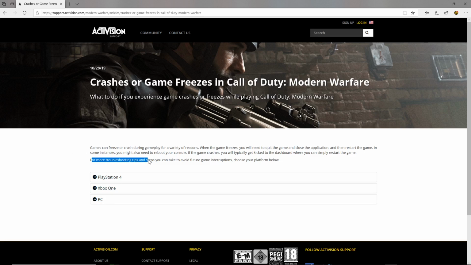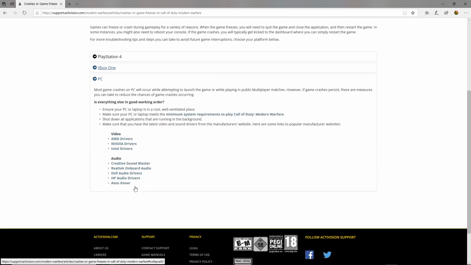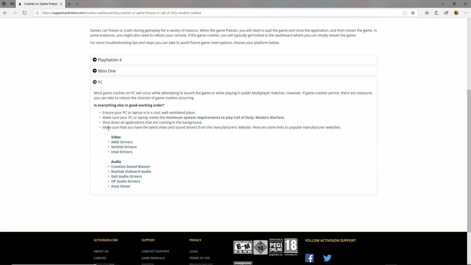For more troubleshooting tips and steps you can take to avoid future game interruptions, choose your platform below. PC: most game crashes on PC will occur while attempting to launch the game or while playing in public multiplayer matches. However, if game crash persists, there are measures you can take to reduce chances of game crashes occurring. Now, for the record,